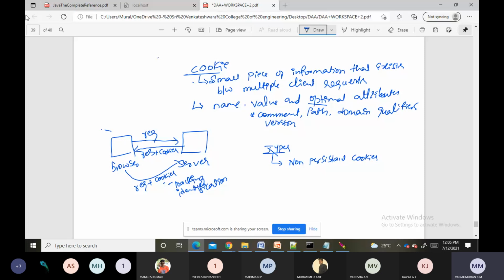So non-persistent cookies are valid only for a single session.